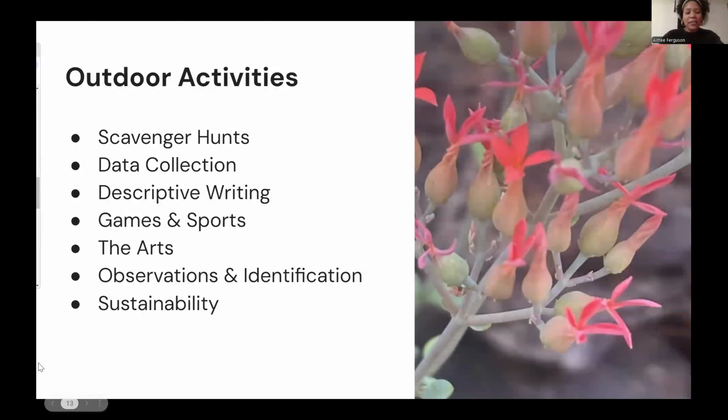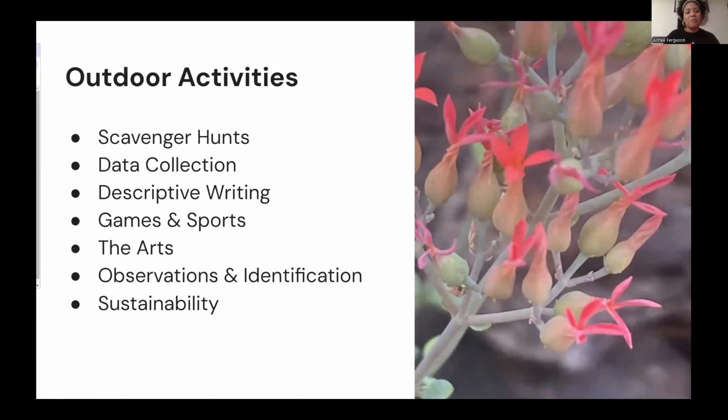In terms of observations, this is really good. You could talk about what you see, how many, the color, the size, the shape, the location, the movement. So it goes back to that descriptive language. And then in terms of identification, you could use a hand lens. You can make your own lens. It gives children that idea of perspective, which is really good. And you could build on that, teaching them modeling and really sitting with an object, where they could just look at it for longer than a minute.